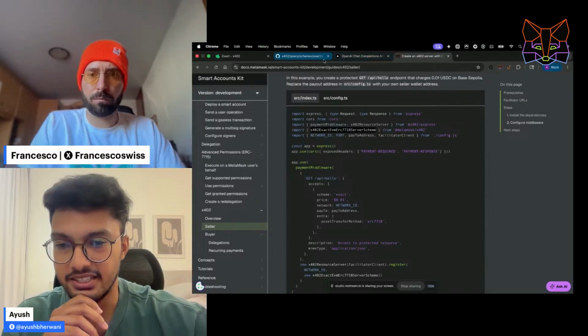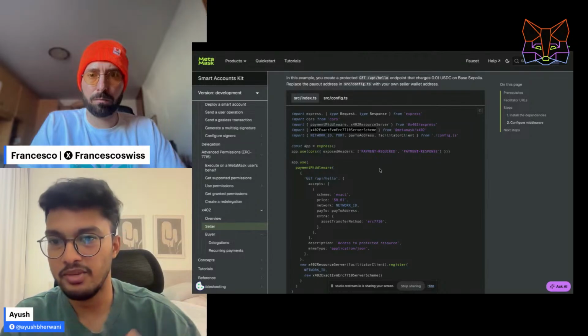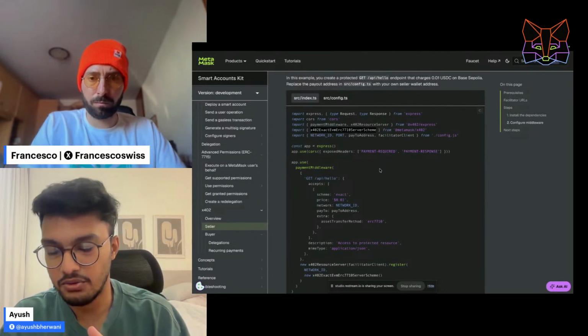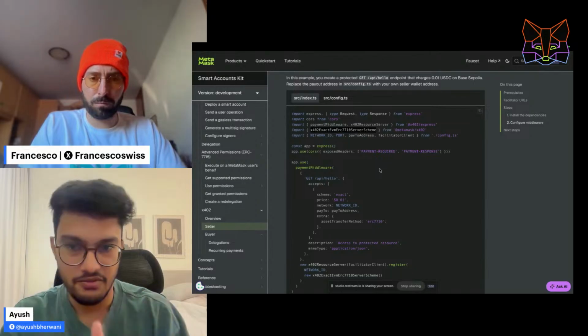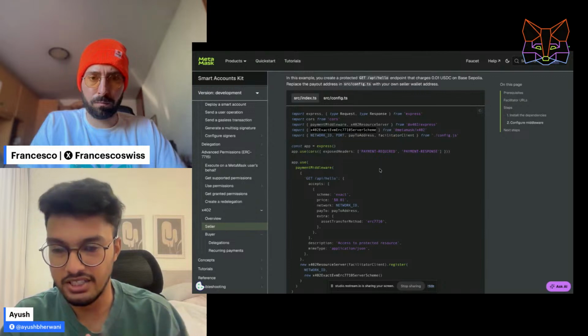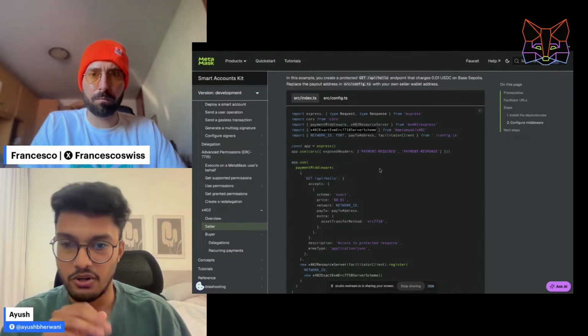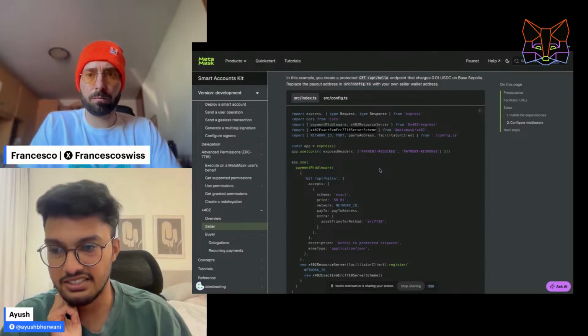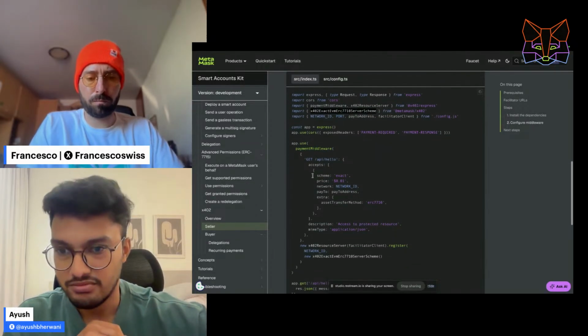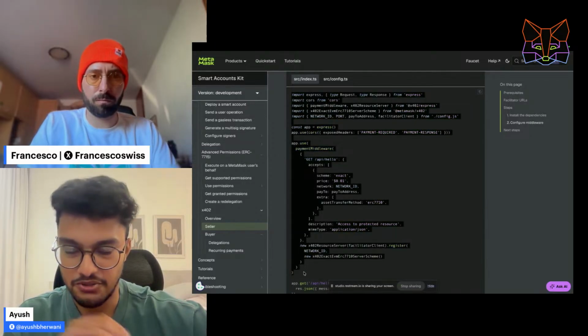It handles sending the payment requirement when the payload is not there. It also handles how to verify: calling the facilitator verification path and getting the verification results. It also handles the settlement part, and then sending the response. And only this piece of code is what you need to add.